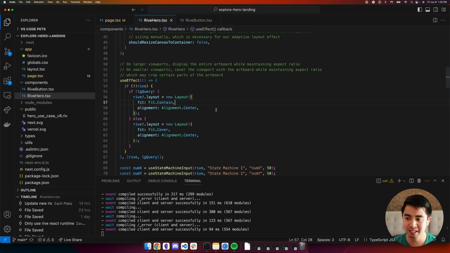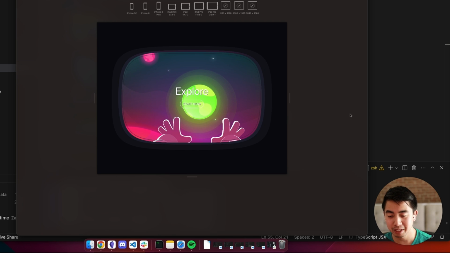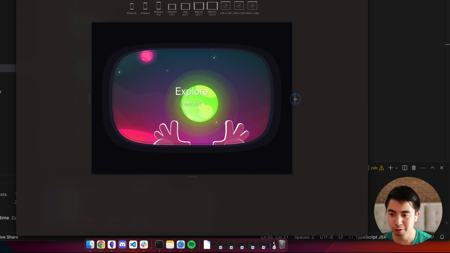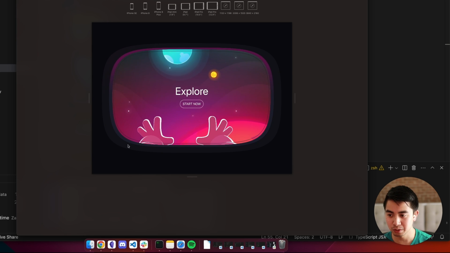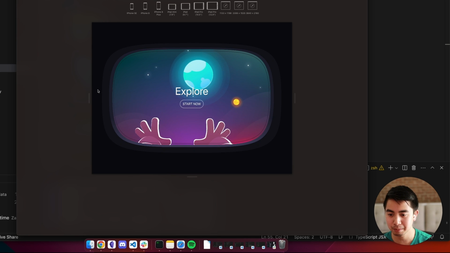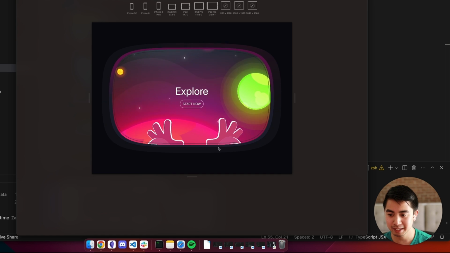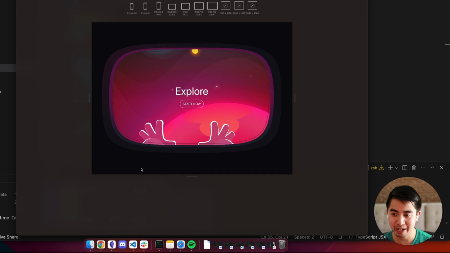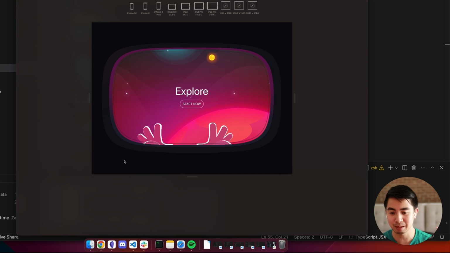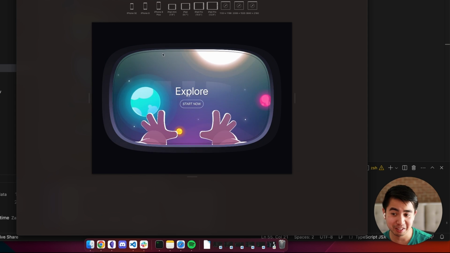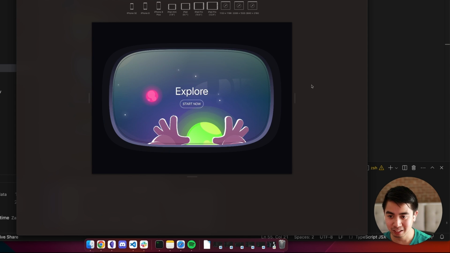And on large devices, it probably makes sense that we can reliably show the entire Rive graphic without anything looking too small to interact with. Now, just to illustrate what I mean by this, take a look at this inspective debugger we've got in Safari. You can see here, we're showing the entire Rive graphic in its whole state. So there's nothing cropped out here, and it's taking up what it can from the canvas space. The background happens to be the same as the canvas, so it looks seamless, and the padding is just part of the background, this kind of black color.